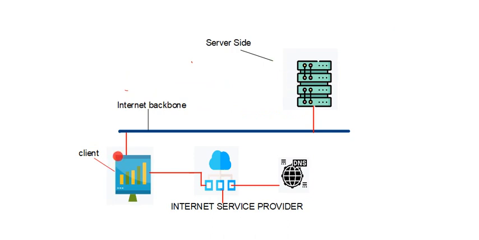So what happens when a client side computer tries to access some website is that it wants the address of that website. So how can we access it? It sends a request for the address of the website that it wants to access to the internet service provider. And the internet service provider goes to the DNS,